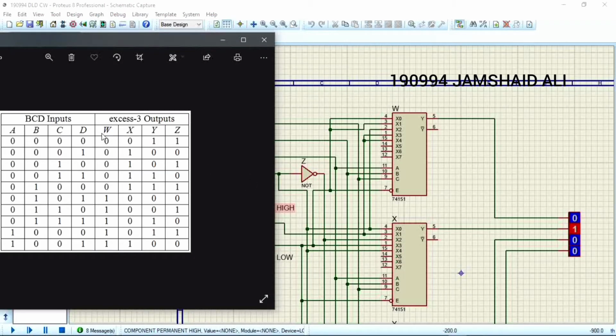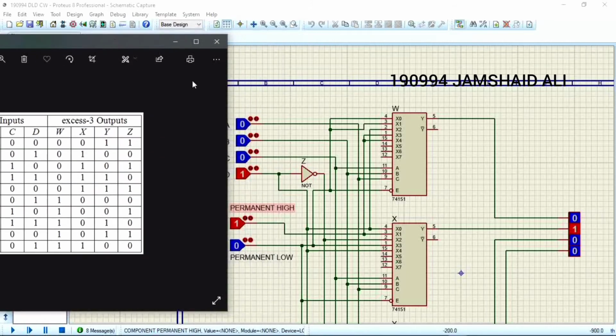First of all, we are going to discuss the W mux. Here we will make pairs of 2. Let's suppose for 0 0 on output, we connected the permanent low input to that input. For 0 0 output, we again connect permanent low to input.